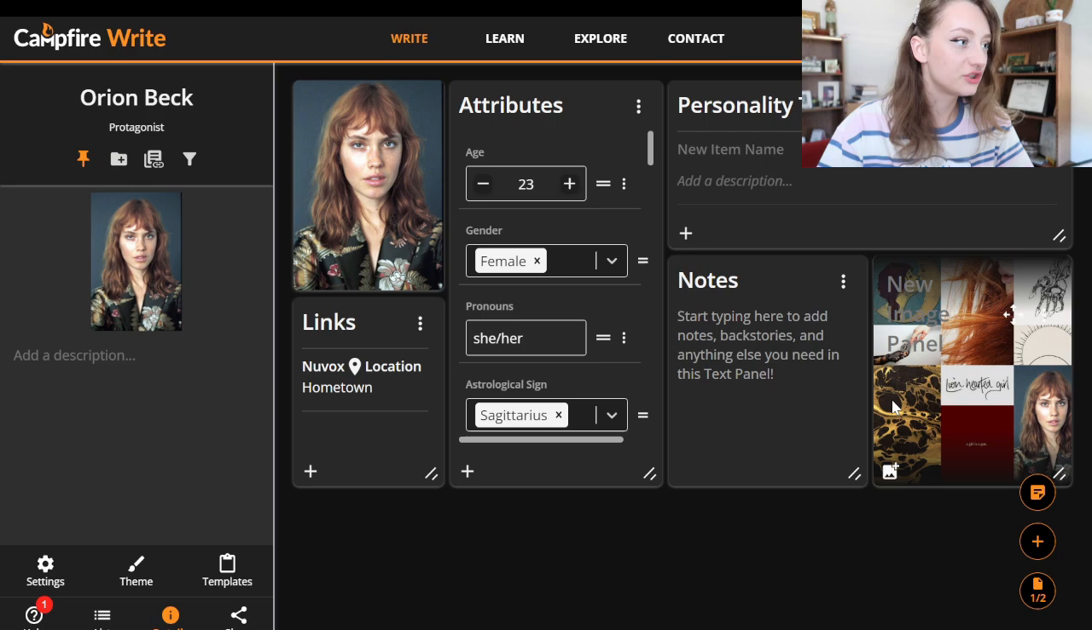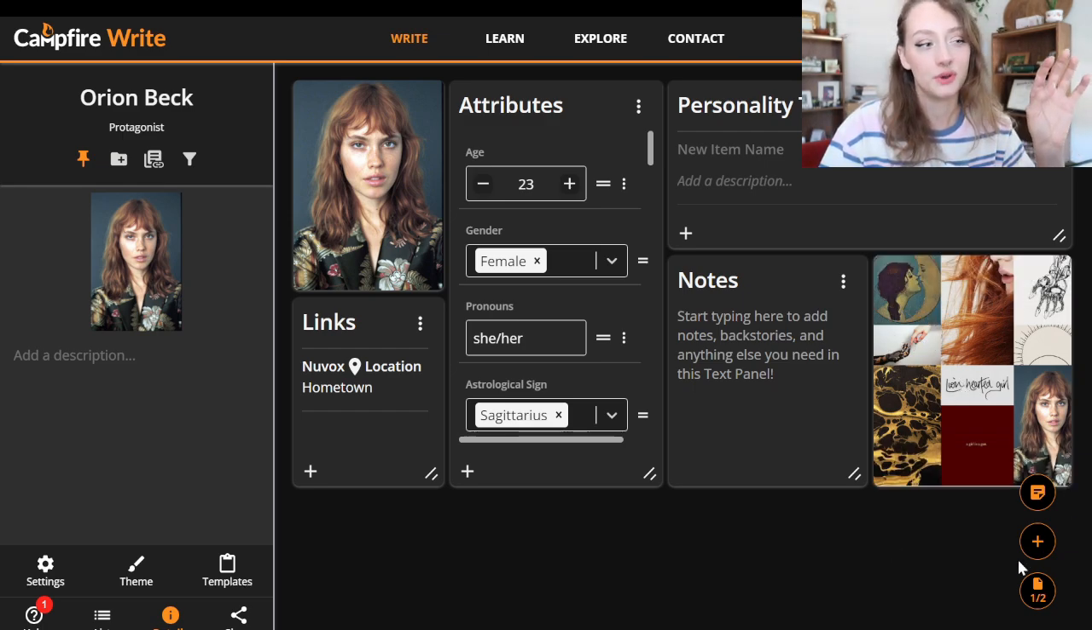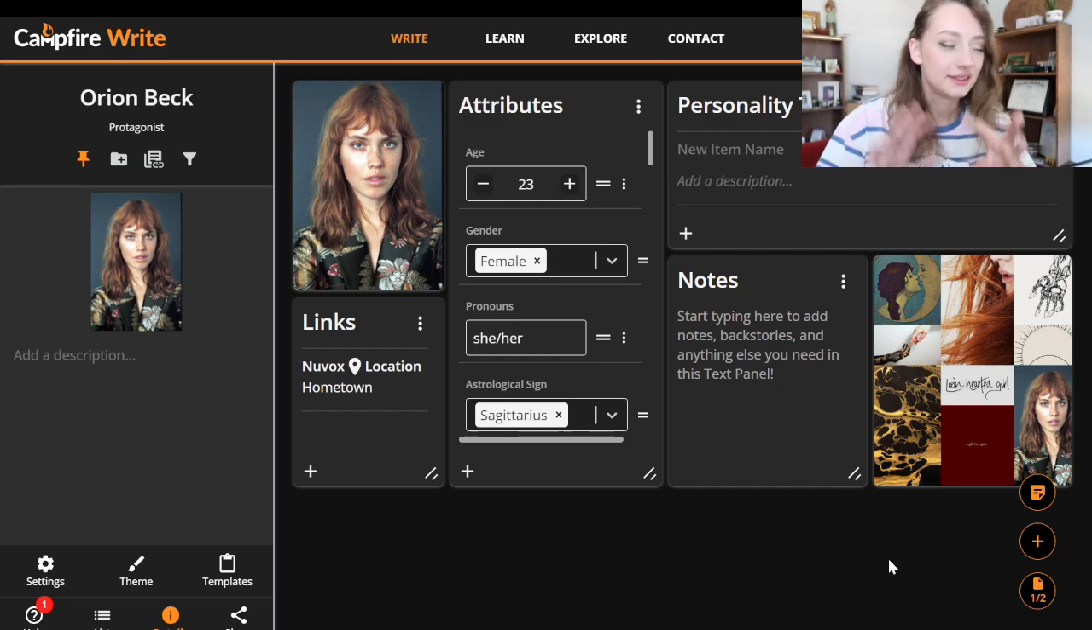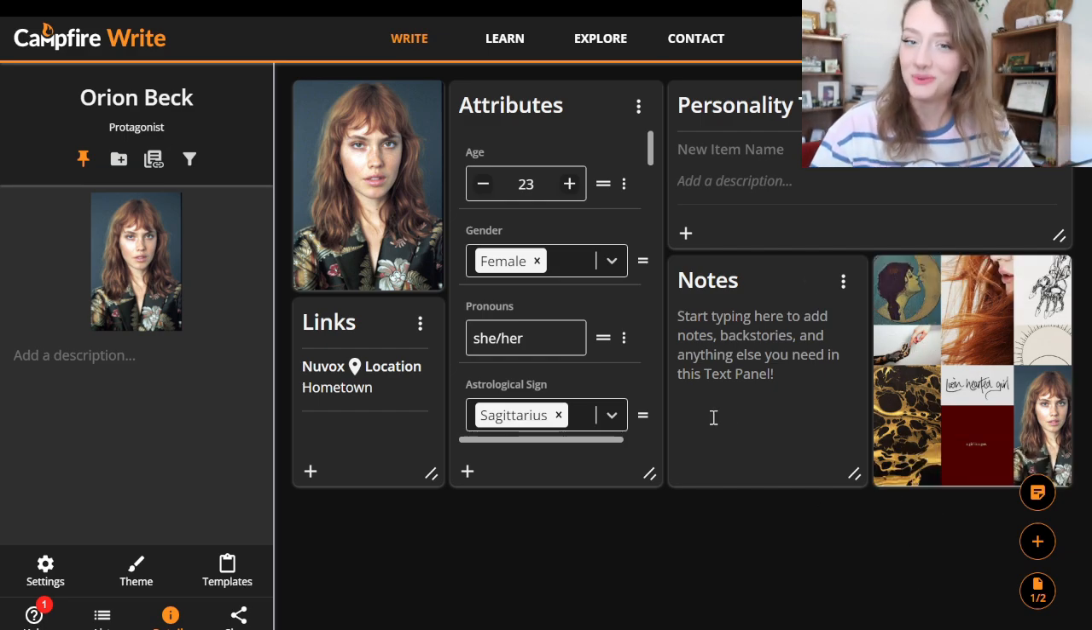So I've got Orion's picture here, and I've got her little aesthetic mood board that I made so long ago. I've actually been wanting to remake the aesthetic boards for all the characters, so let me know down below if that is something you'd be interested in seeing. Now, one of my favorite things about the character profile making on here are the attributes,